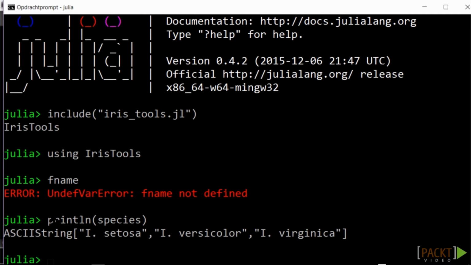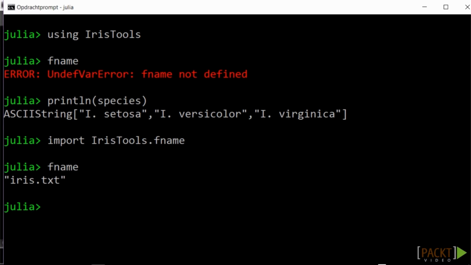Every definition in a module that you want to be able to use outside that module must be exported. After the using module, an exported variable, function, or type is known in the global namespace. If I want to force the use of an unexported definition, I can do an explicit import, qualifying the definition with its module name. Or alternatively, you can do an import IrisTools and just use the fully qualified version